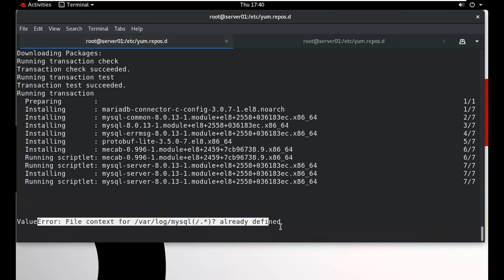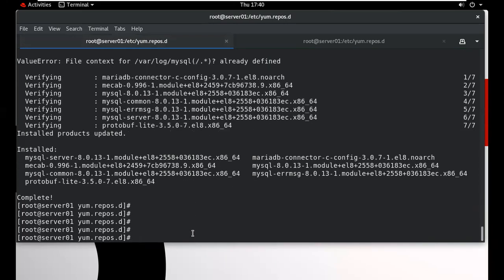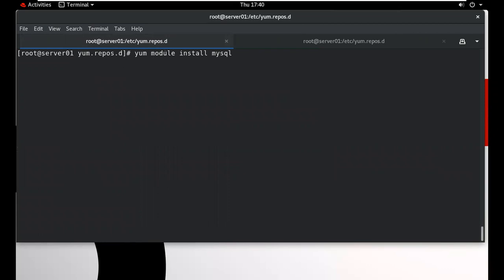It is already defined. So this package will be installed now. You can check, all the packages will be installed.